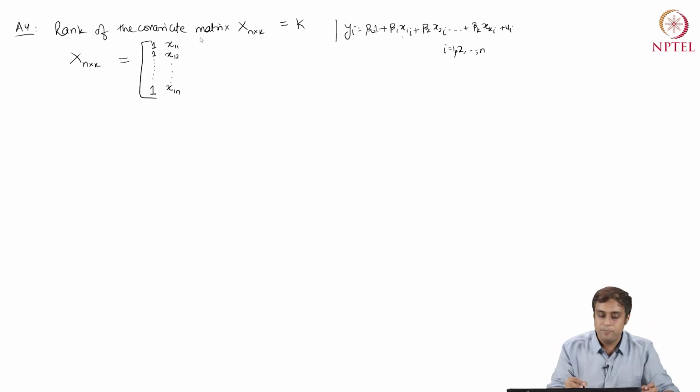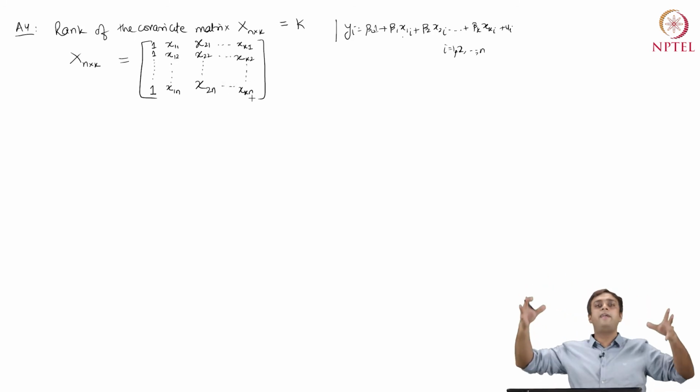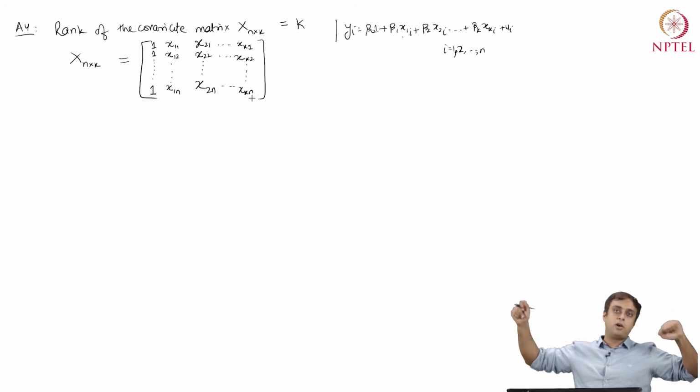We have data for it. Say we have more data, let's say the size of the kitchen, I don't know, right? That might be the second covariate, x21, x22, all the way to x2n. Similarly, we have xk1, the kth covariate. The kth covariate would be the crime rate near that house, in the neighborhood of that house. xk1, xk2, all the way till xkn. This is the entire data that is included on the right hand side of the model.